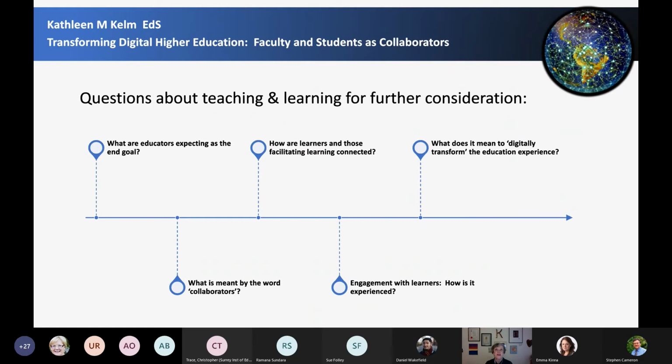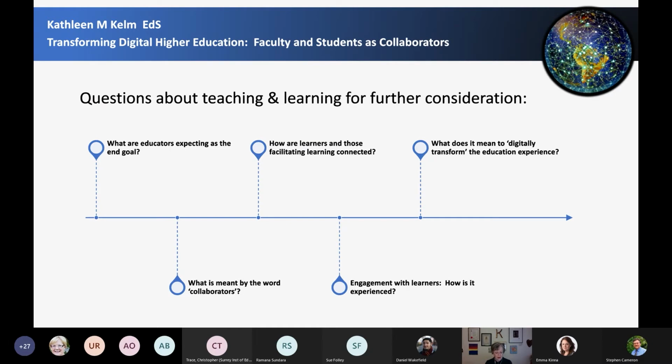So what's interesting about the notion of digitizing higher education is that when we talk about this, we're always going to have, and I don't mean to exclude them, but from my perspective, we're going to be looking at it from a faculty and a student perspective. That does not mean that the administration is not part of the conversation, but in some ways, the administration provides a supporting role as we start thinking about how this digitization can be actualized in the experiences, both from a faculty and a student perspective. So we've certainly been doing some of this already.